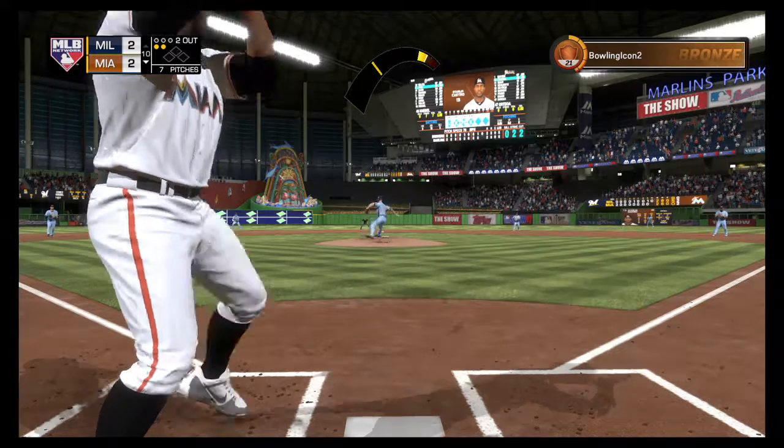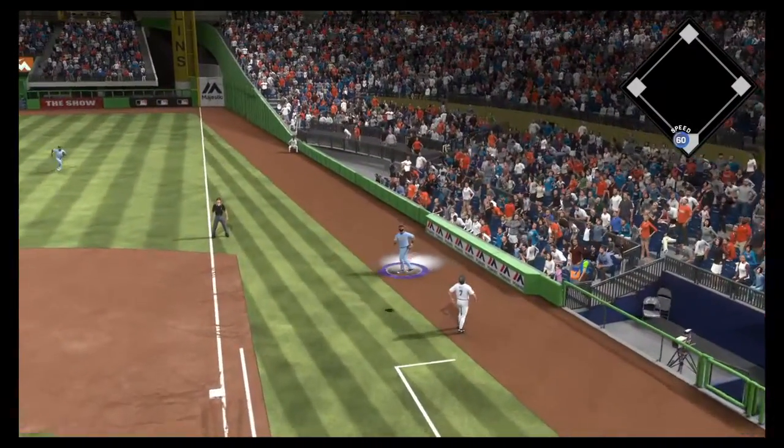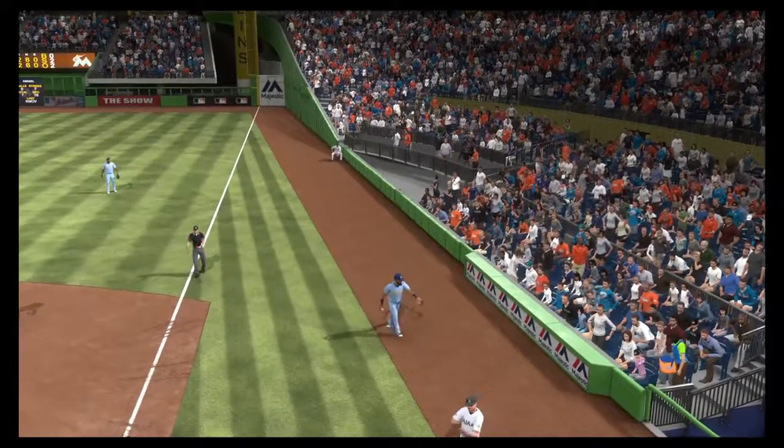The pitch. Now a swing and a ball popped high in the air over toward foul ground. Number 7 is there to make the catch, and that means we've got